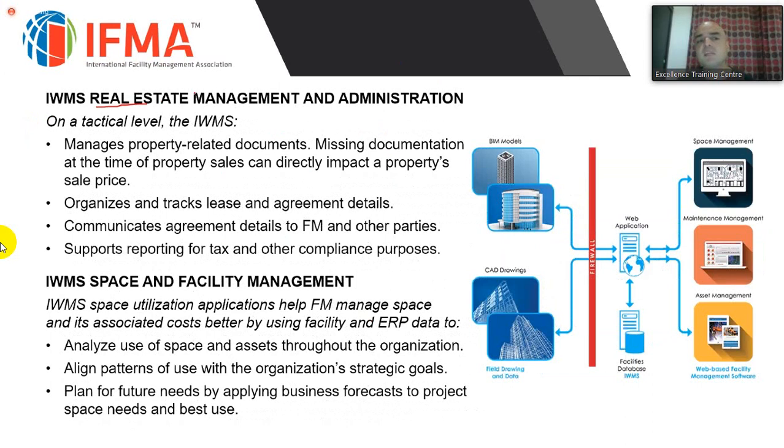The real estate management is an integrated, or can be an integrated, part of an IWMS. On a tactical level, the IWMS manages property-related documents. So these are the property-related documents which I mentioned. Missing documentation at the time of property sales can directly